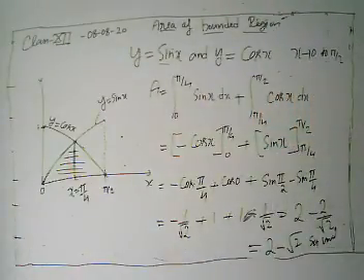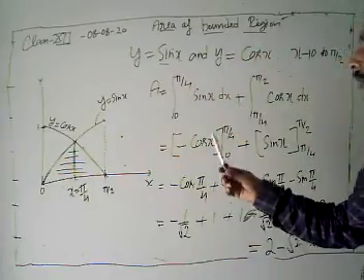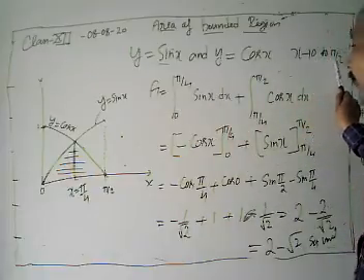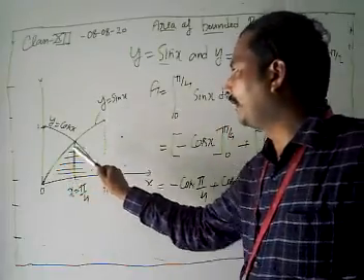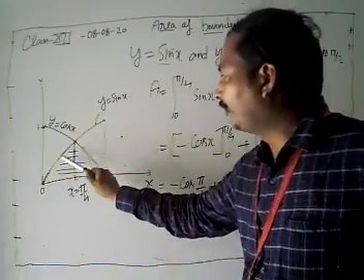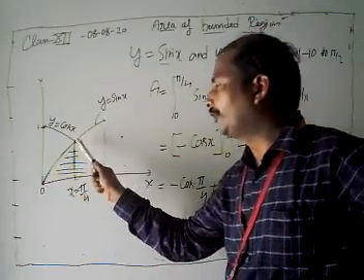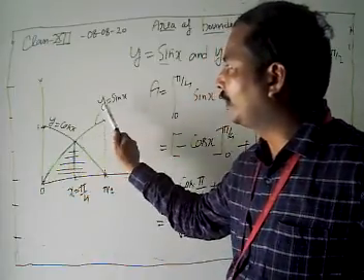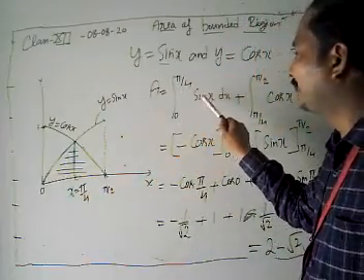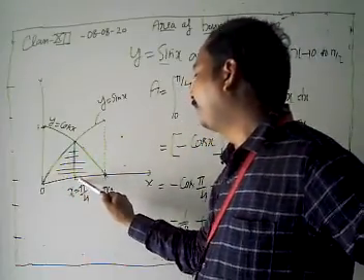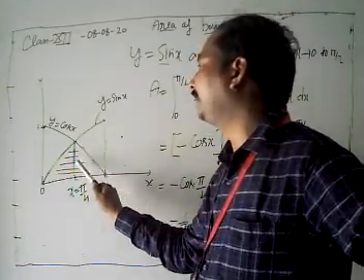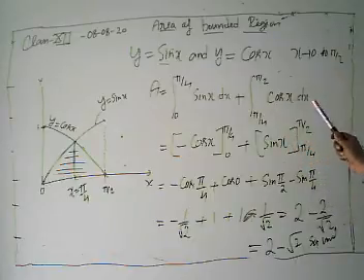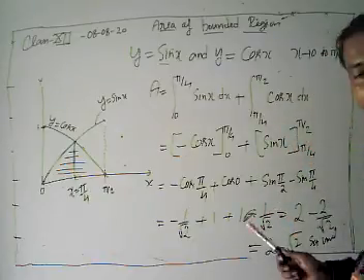Now, just again, first of all, between 0 to π/2, y equal to sin x, then y equal to cos x. Then we have to find the area of this shaded region. Then we find the intersection point there, π/4. The first area is made by the curve y equal to sin x. That's why we take the integral from 0 to π/4 of sin x dx. And then between π/4 to π/2, this is made by the curve y equal to cos x. Then limit π/4 to π/2 of y dx, or y is cos x dx. After solving, we get our required result.